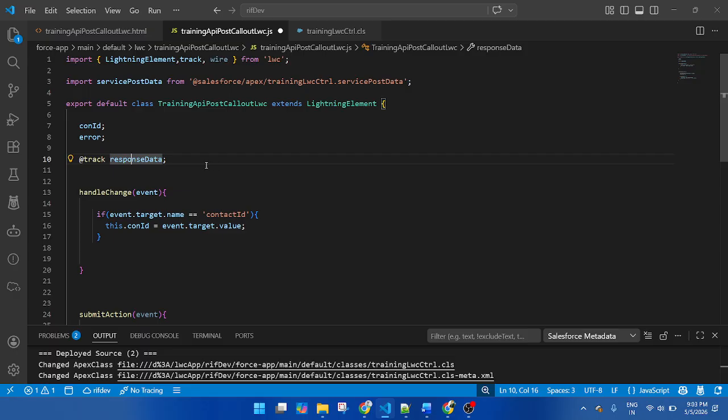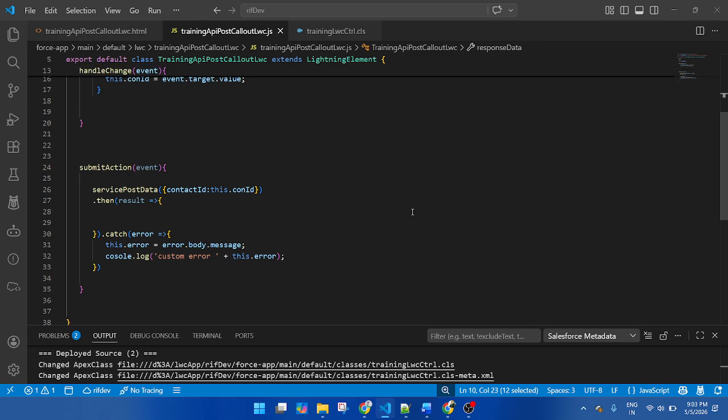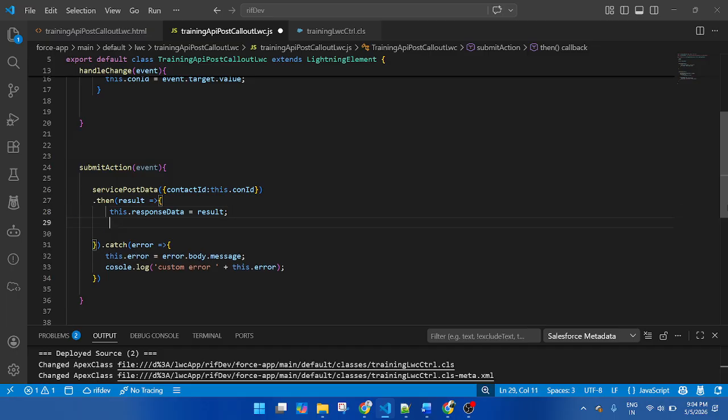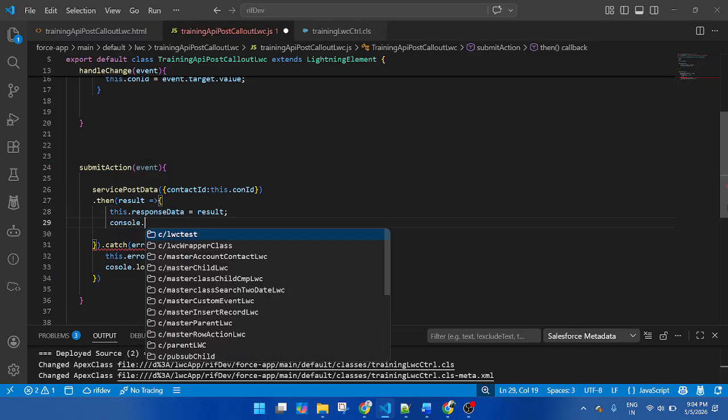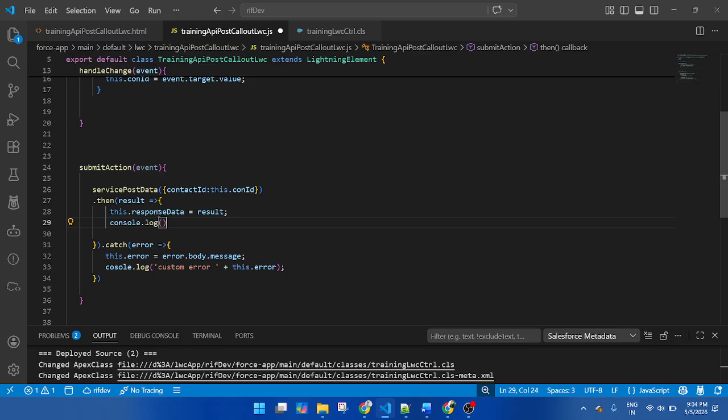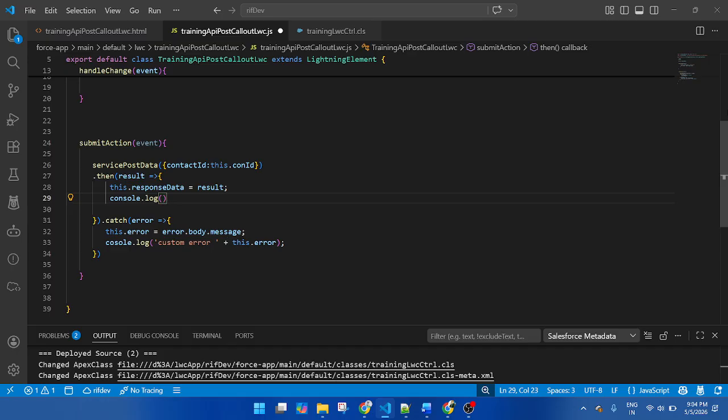The response data I will store inside the variable: responseData equals result. You can use console.log before passing to the component, so let me check the data in the console.